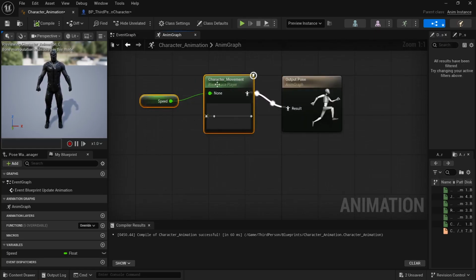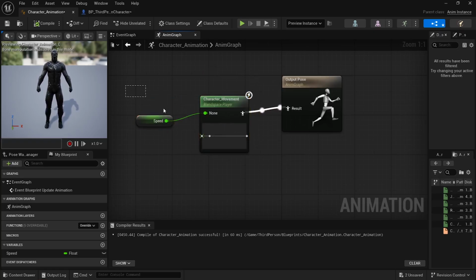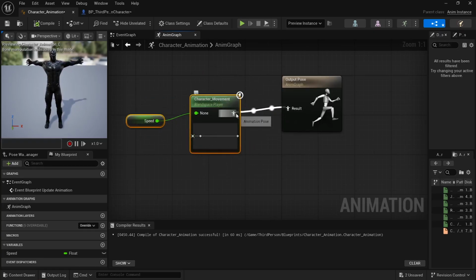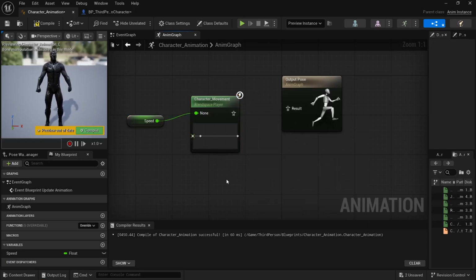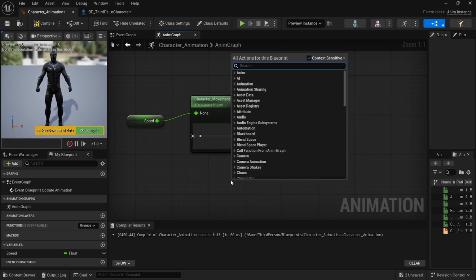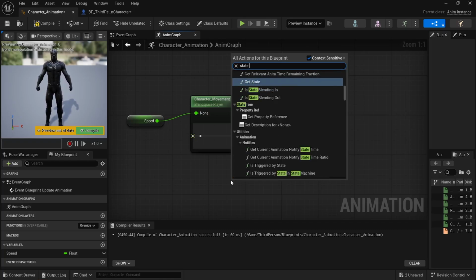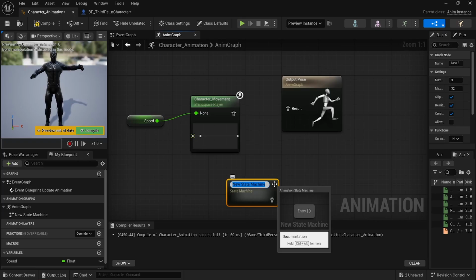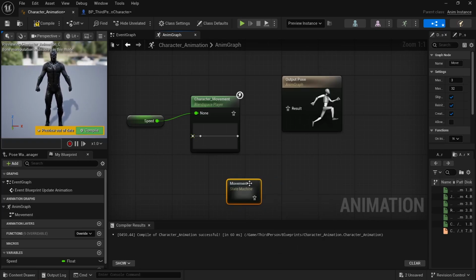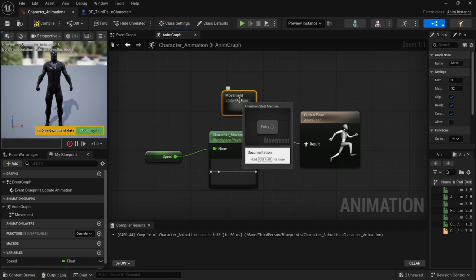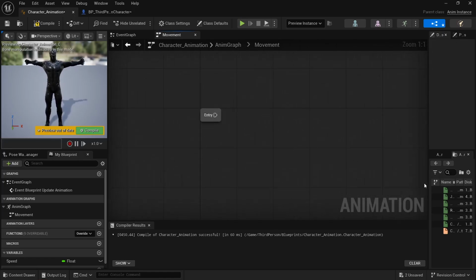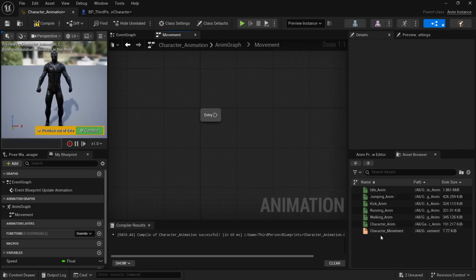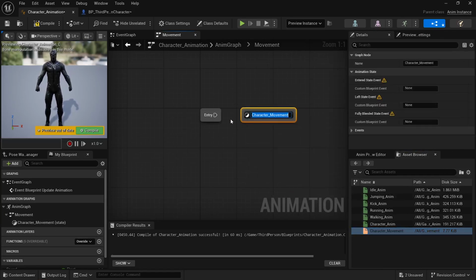So here we have the speed connected to the character movement. I'd like to push these two nodes inside a state machine. So for now, let me just disconnect it. We can press Control and just disconnect this node right here. And we can create a new state machine. We can do right click, and let's search for state machine, this one right here, and we can call it movement. All right, so let me just push connector to the result, and double click on it here, and inside it we can simply drag our character movement over here